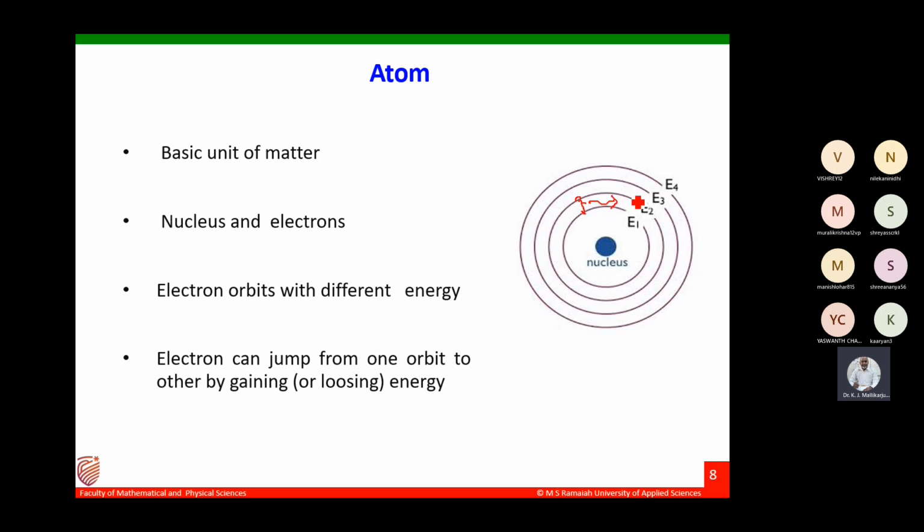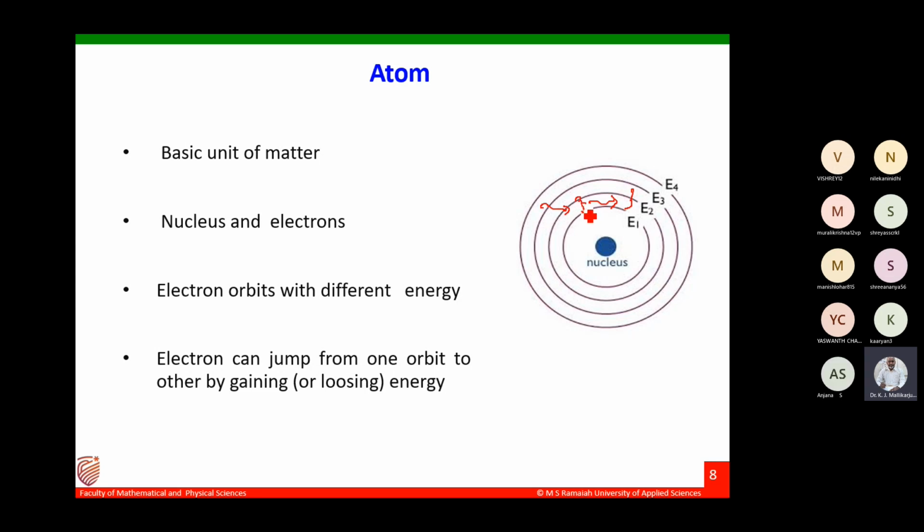Therefore, this energy is quantized. It cannot radiate whatever energy it wants, and it cannot absorb whatever energy it wants, only in terms of quanta. That energy difference, or the energy possessed by the photon, either absorbed or emitted, is in terms of energy packets. One quantum of photon or two photons.